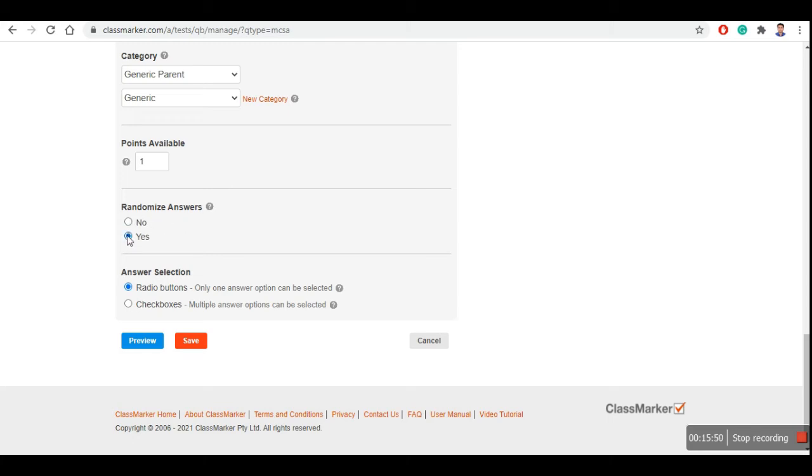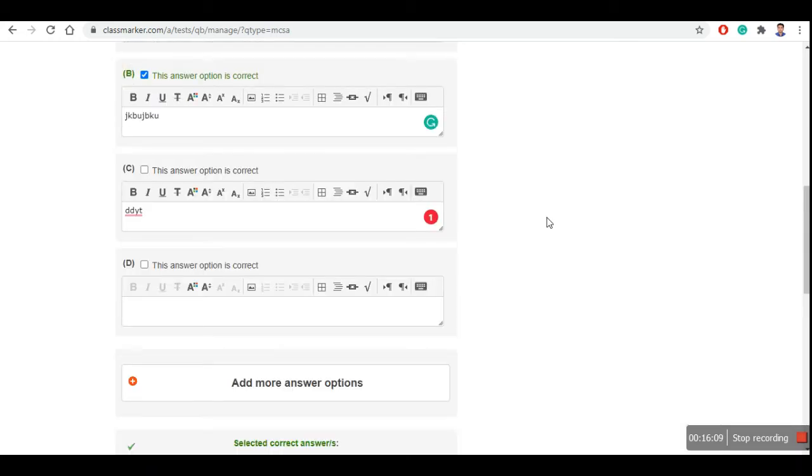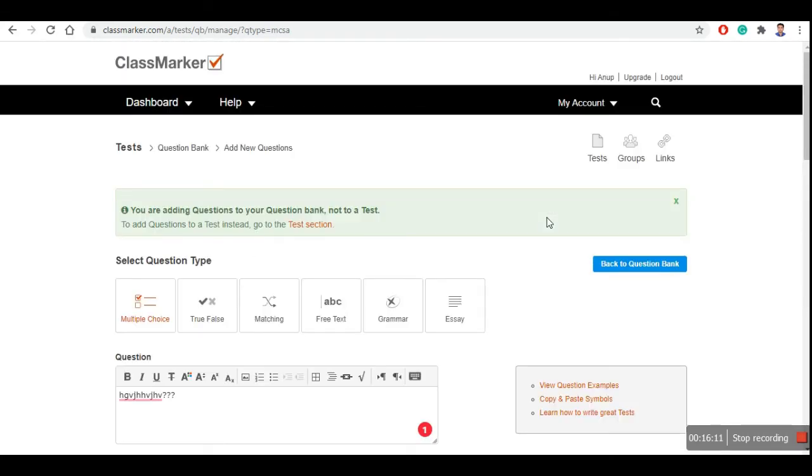Okay, then radio buttons or checkbox in case of multiple options. Like I said, there are 2 or 3 options for a single question, so in that case you have to go for this checkbox. Otherwise you can use the radio buttons by default. Then you have to save it. Okay, you have to save it, right? Now, this is how you can add questions.